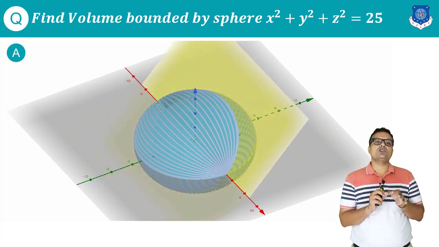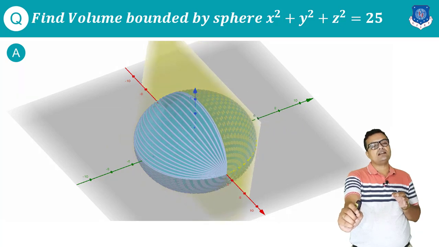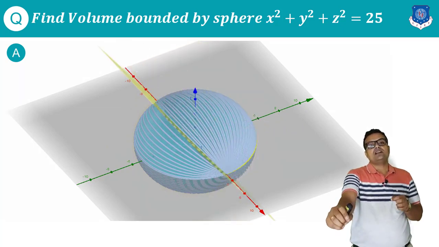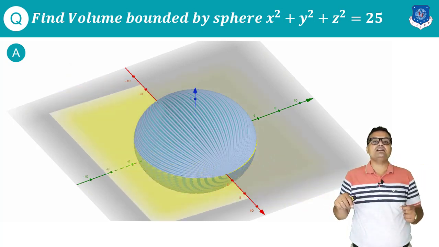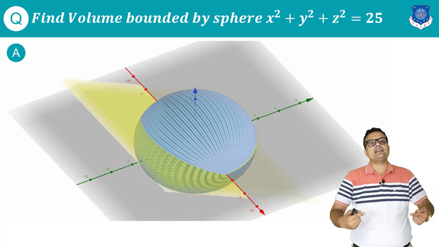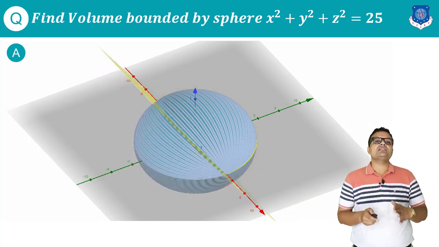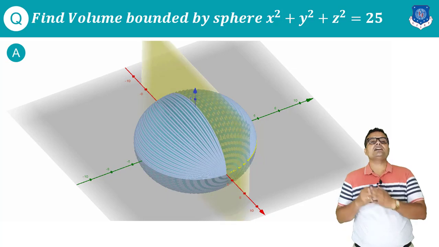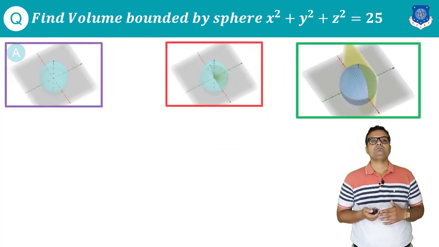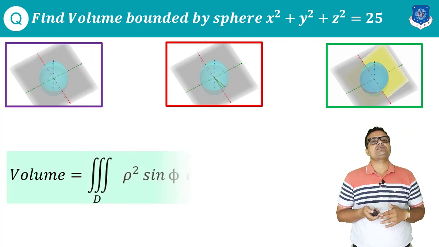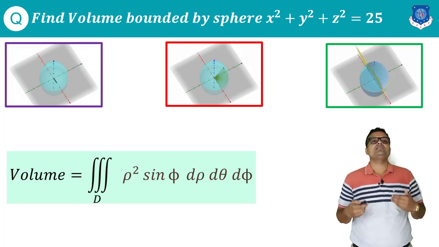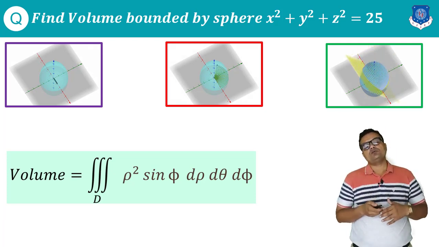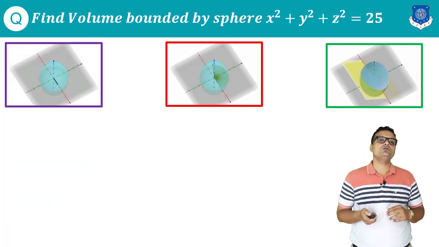Our first transformation was radial, up to r, which over here is equal to 5. Then I am rotating that radial cut with angle 0 to 2 pi, so it will give me a great circle, and then I am rotating that great circle with angle 0 to pi. So these are nothing but rho, phi and theta in our calculation. Keeping these three constructions in mind, let us consider our integration: triple integration of rho square sine phi d rho d theta d phi. As I want to find the volume, I am taking my function's value equal to 1.